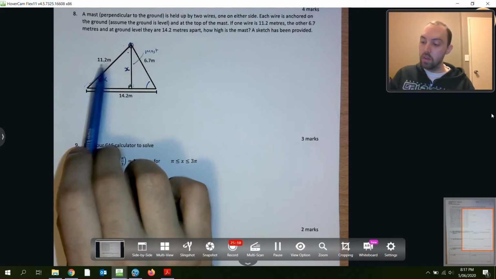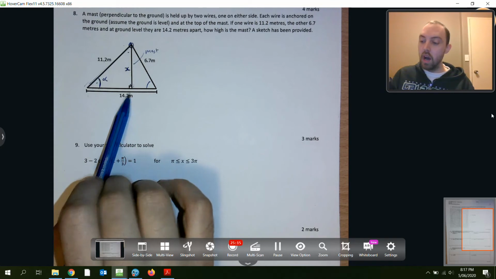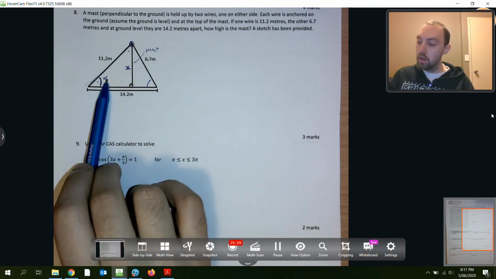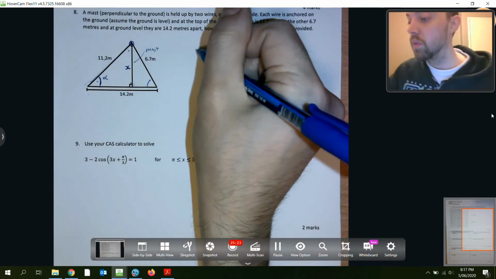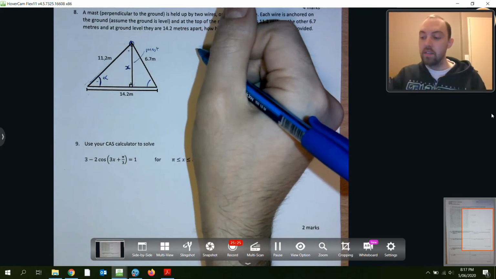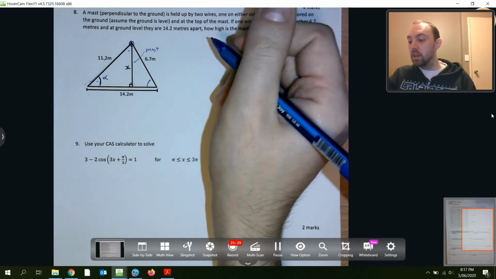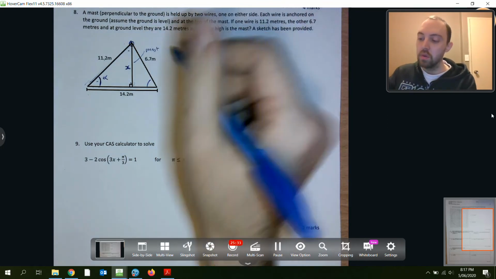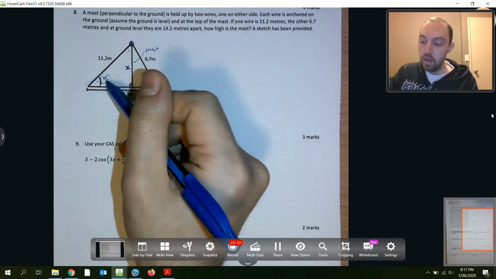The cosine rule connects three sides and an angle. I know three sides, which means I should be able to find the angle. Cosine rule: if you know two sides and the included angle, then you can find the other side. Or, this is three sides and an angle. We need to make sure that the angle that I am trying to find